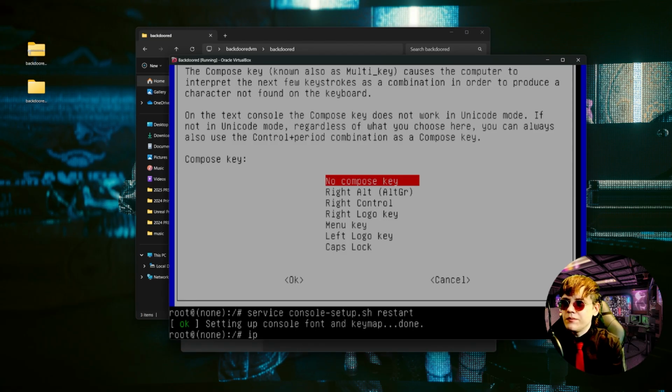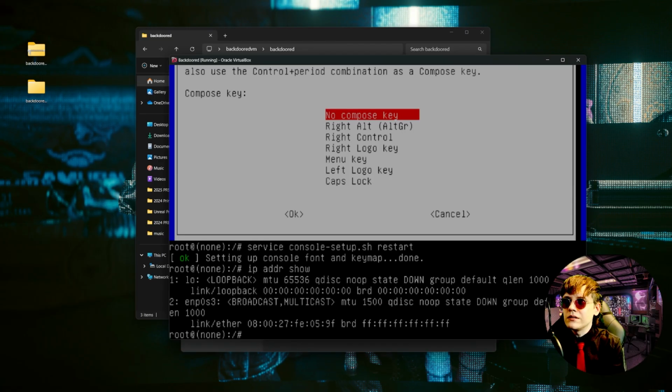Type ip address show to get the interface name. Note it down. It's enp0s3 in this case. Let me save this. And now we have to substitute it. You can use nano, beta. I'll show you one of the many reasons why vi or Vim are better. vi /etc/network/